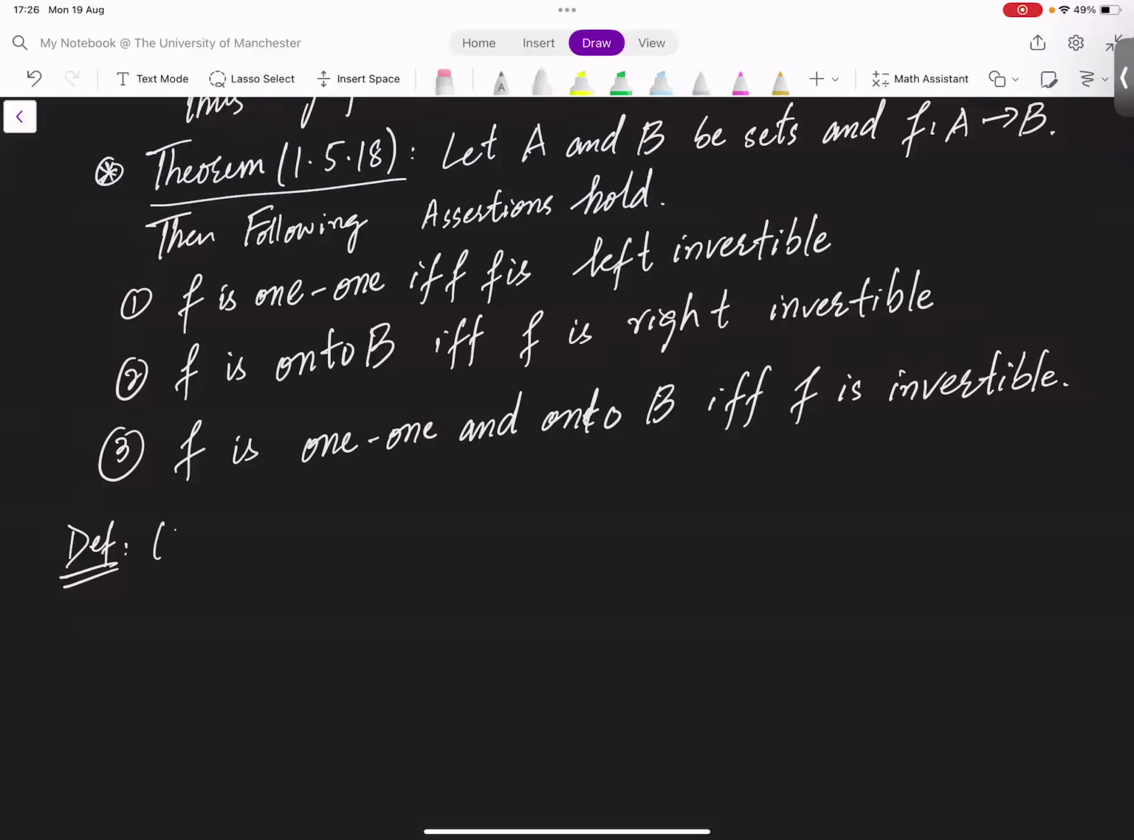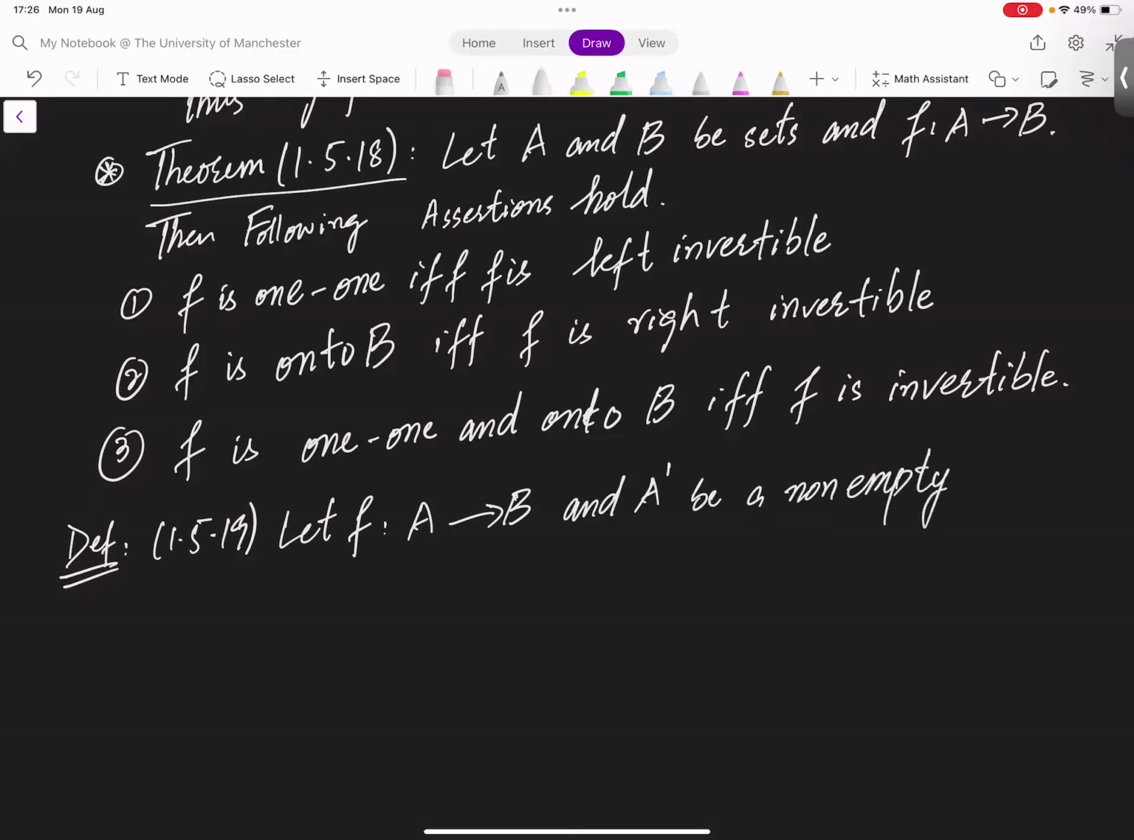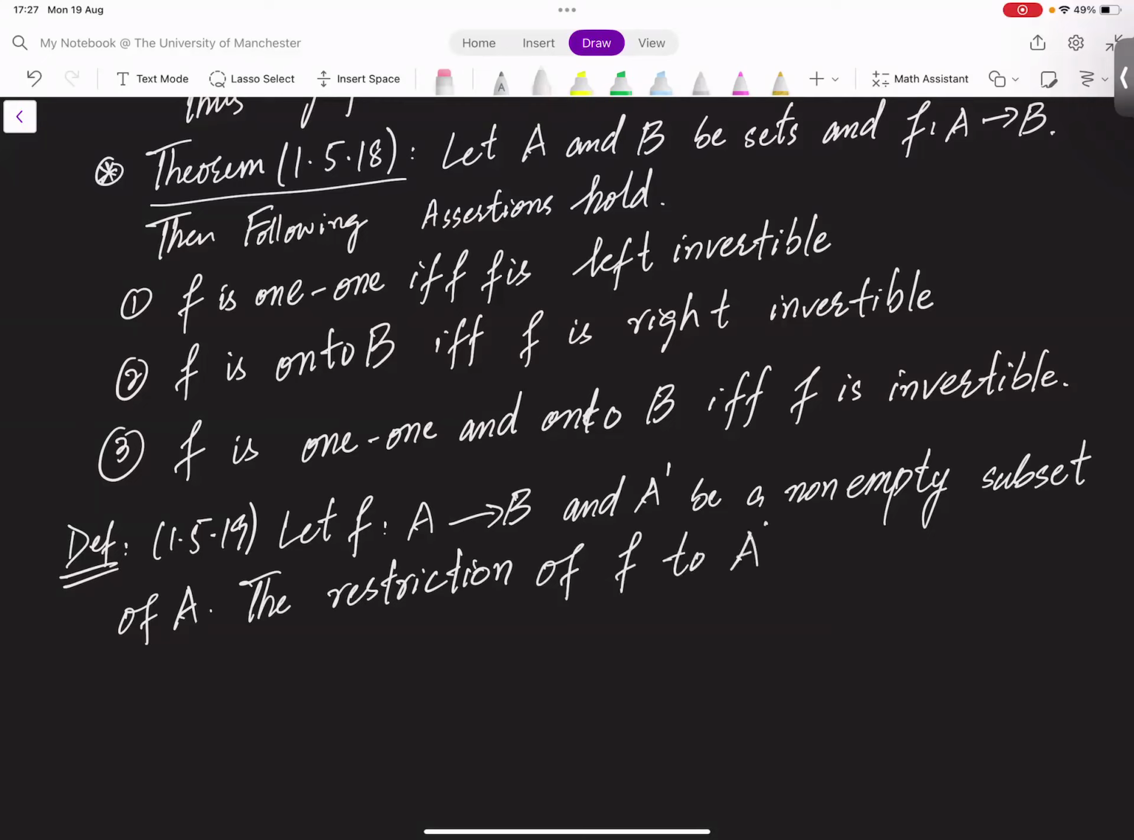Definition 1.5.19, let f from A into B be a function and A prime be a non-empty subset of A. The restriction of f to A prime, written as f restricted to A prime, is defined to be